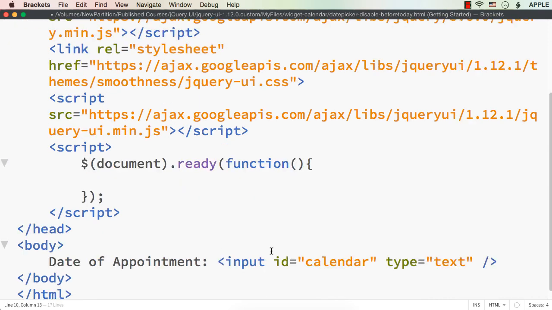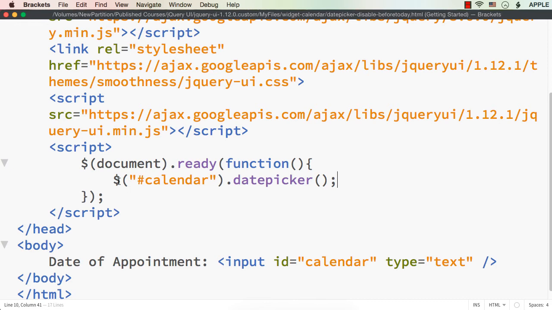And then first let us make this input element a date picker. So let me just specify $("#calendar"), that is the ID of the element, and I just specify datepicker so that this will become a date picker element.